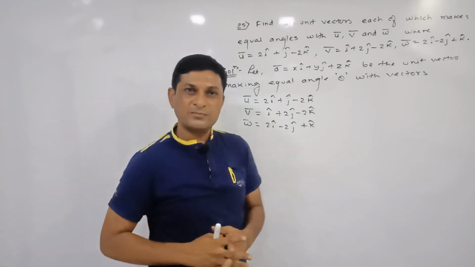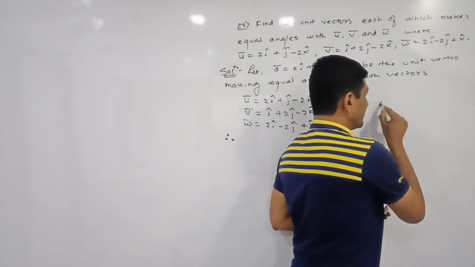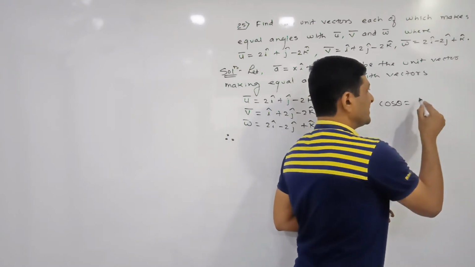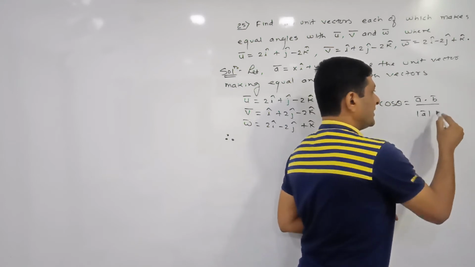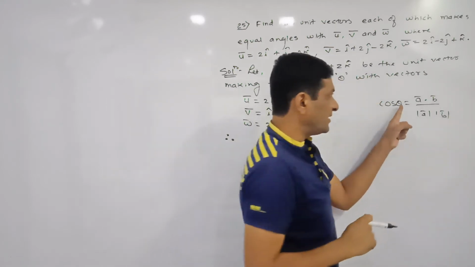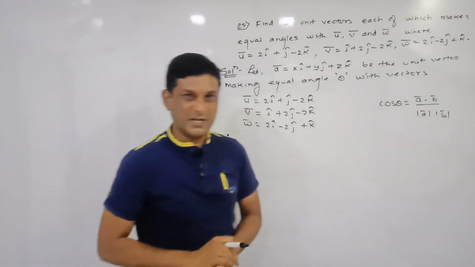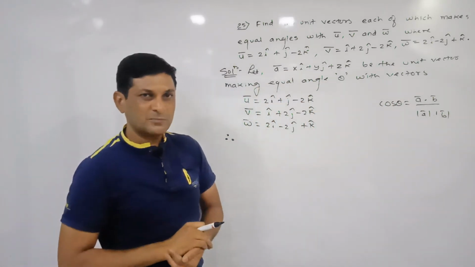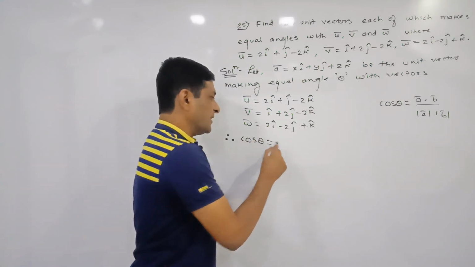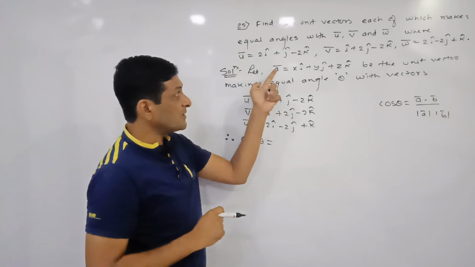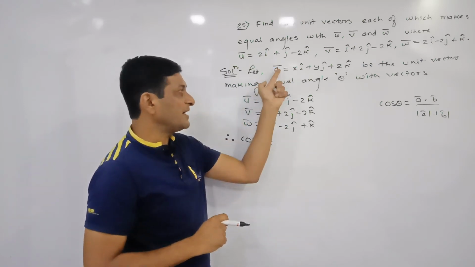Let us make use of this given condition. So we know that if theta is the angle between two vectors, at that time what is the value of cos theta? A bar dot B bar upon magnitude of A bar into magnitude of B bar, where theta is the angle between A bar and B bar. This result we have seen in dot product, isn't it? So let us make use of this result here. So here we can say that therefore cos theta is equal to, theta is the angle between what? A bar and u bar also, A bar and v bar also, and A bar and what?